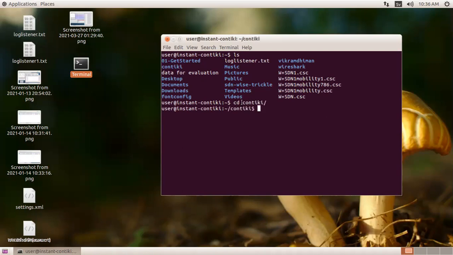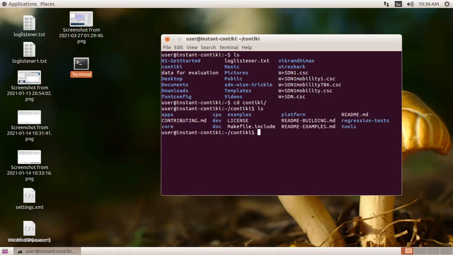As you can see, I have used this command, that is change directory, and we get inside the Contiki operating system. Then we will find the files. What are the files listed over here? For that we have the command ls, and we can use -lh, basically used for listing the files with the attributes, but currently it is not working over here. Just hold on.